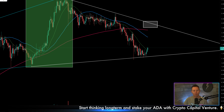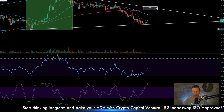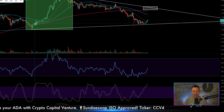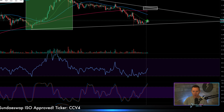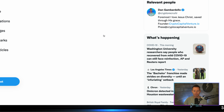At that time, when Cardano was making the move to the upside in July and putting in that reversal we just looked at on the weekly, Cardano was also getting back above the 20-day moving average. So you can see here, same exact thing, getting above the 20-day moving average. Now I want to talk about another data point on this daily chart, and it kind of starts with this